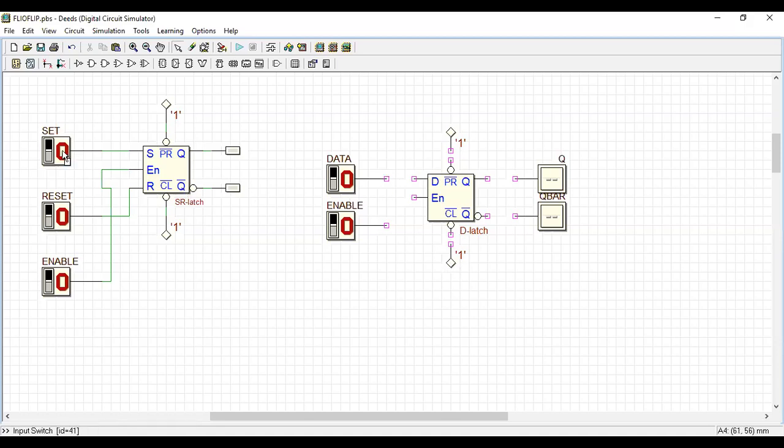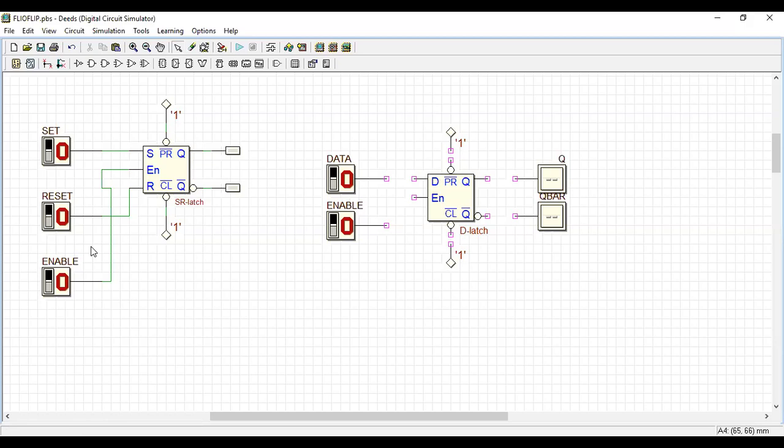If we connect S to reset and R to set, what happens? If your S pin is 1, Q will be 1. If your R pin is 1, Q bar will be 1.